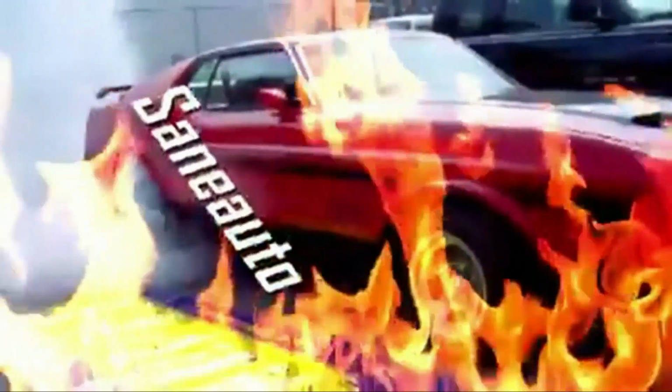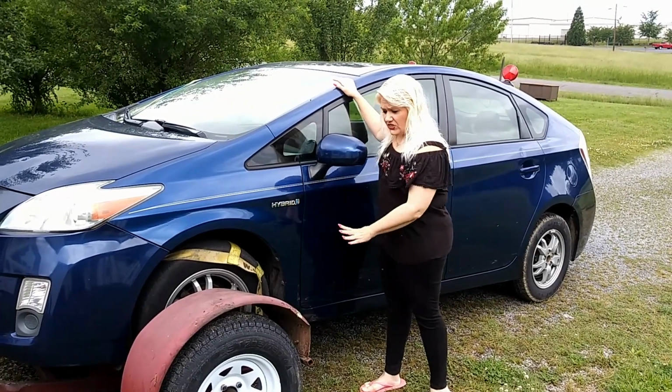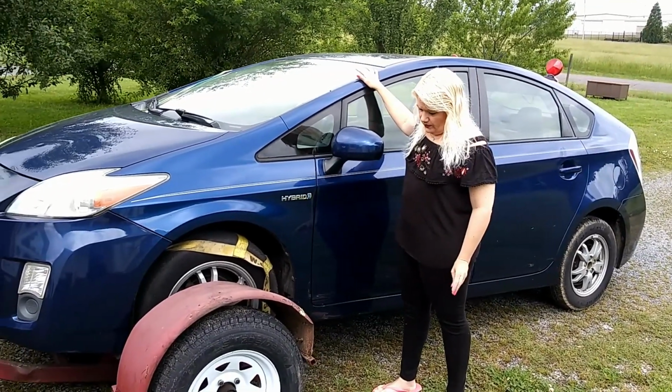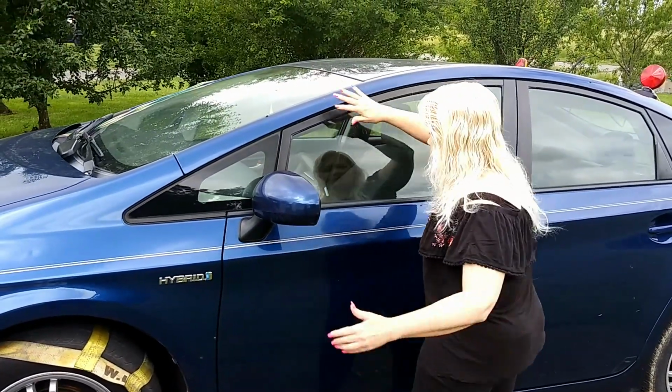But today, I want to let Carol introduce you to the newest addition to our collection. And it's a hybrid. Prissy the Prius, and she's still on the dolly today. We had an adventure and a half going to pick her up. See, she's my pretty new car,